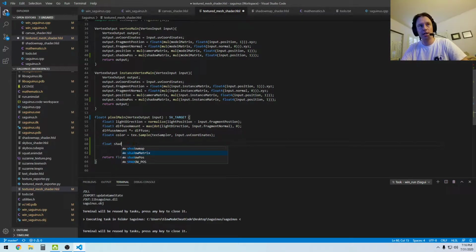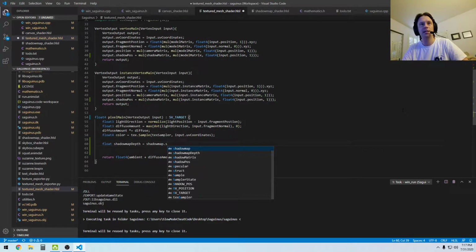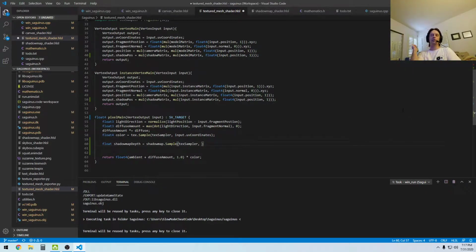Float shadow map depth, and that's equal to shadow map dot sample. And I'll put the regular text sampler, and so the coordinates are gonna be tricky. I think I have to consult the docs here. Let me go back to that tutorial,